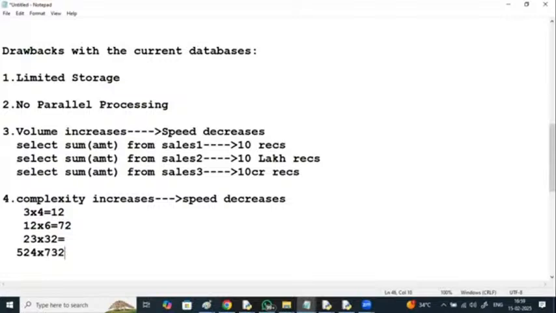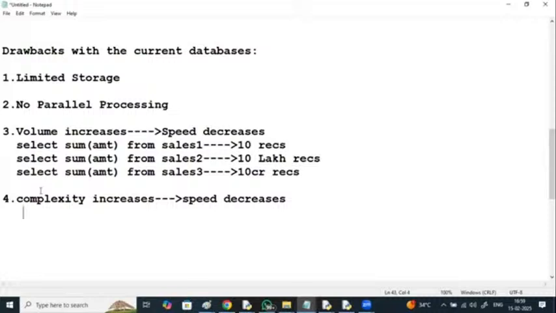Here also, from a database point of view, I'll take the same query, total amount from sales one. Assume it has got 10 lakh records. Same table, but I'll go with a different operation: average amount from sales one, again the same 10 lakh records.